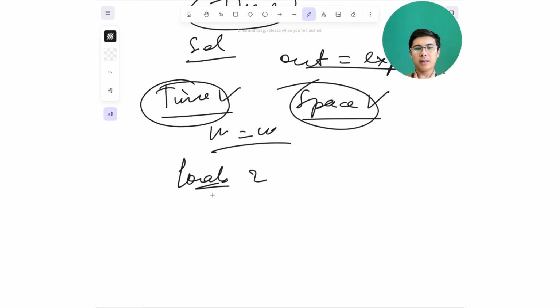So we can see a little example by analyzing the time and space trade-off